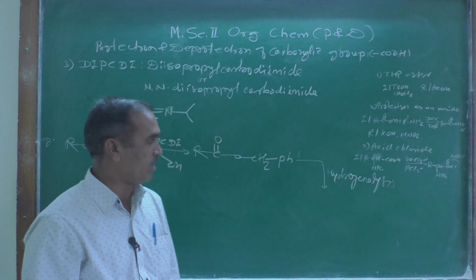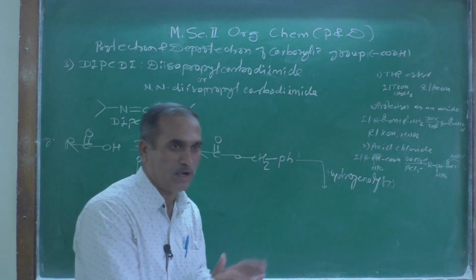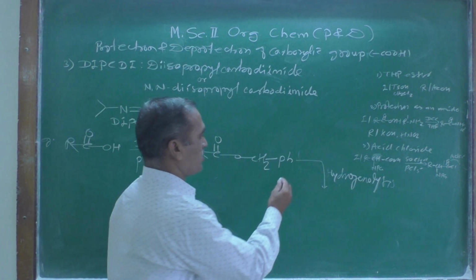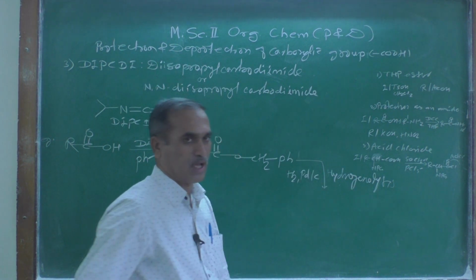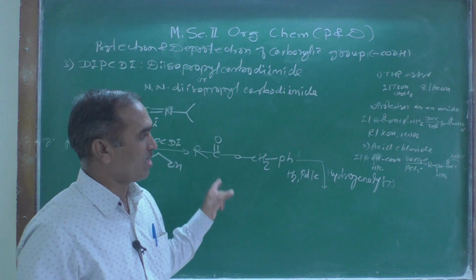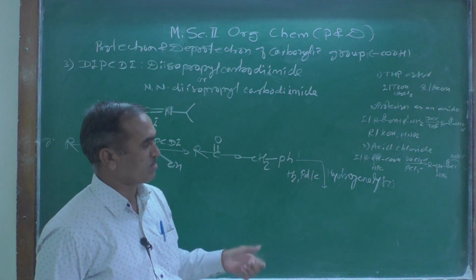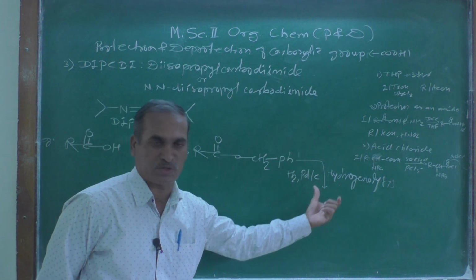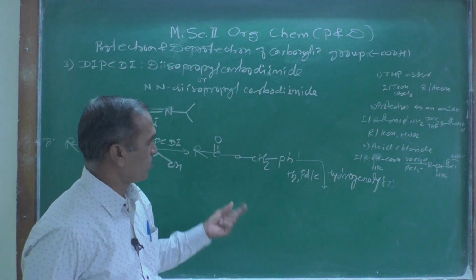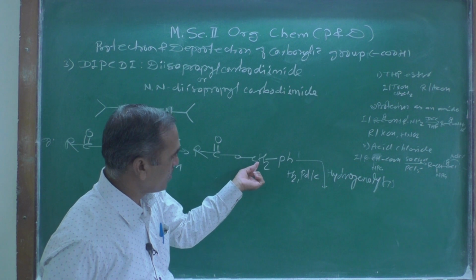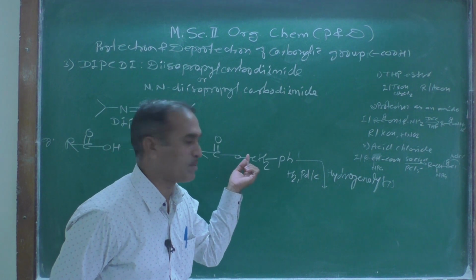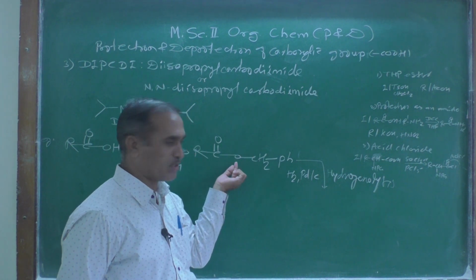The reagent we generally use here is H2 with palladium on charcoal. What is the speciality of H2 with palladium charcoal, or this process known as hydrogenolysis? Look here, the benzylic carbon, this CH2, which has sp3 hybridization, is attached to a heteroatom,